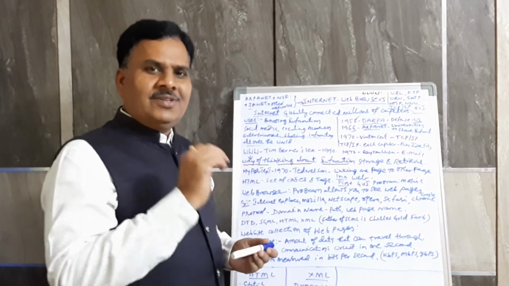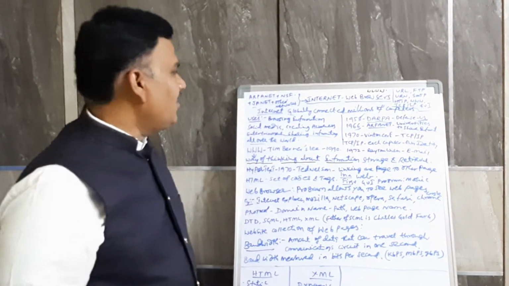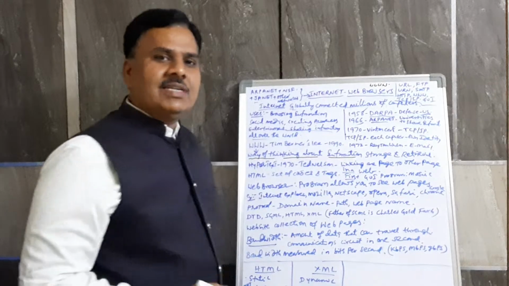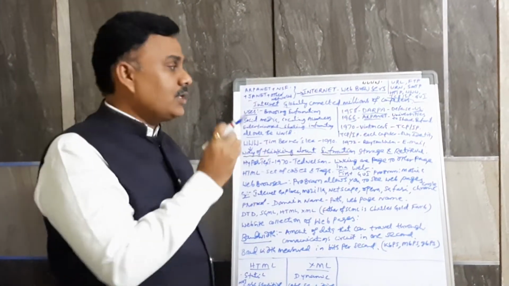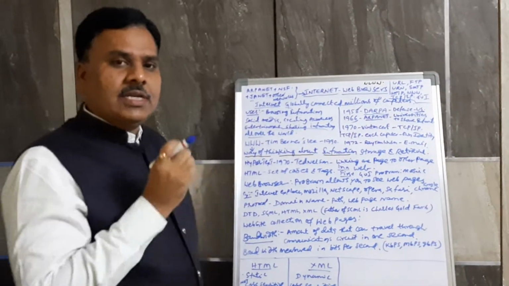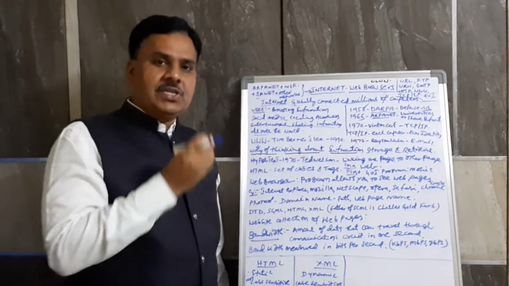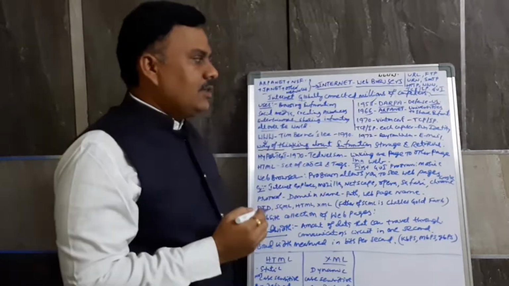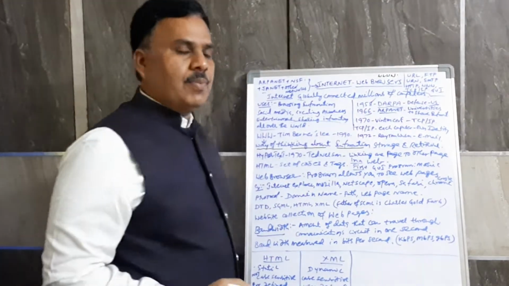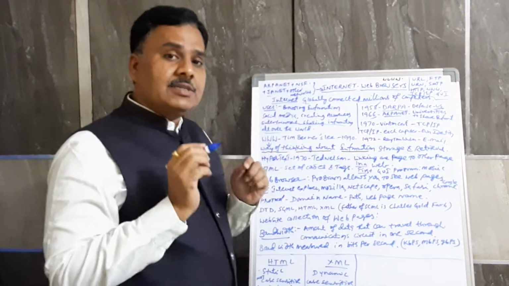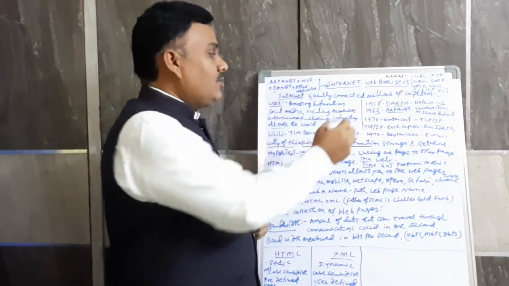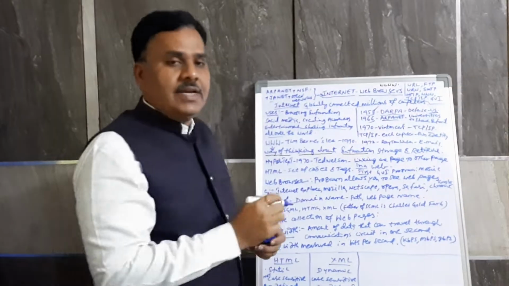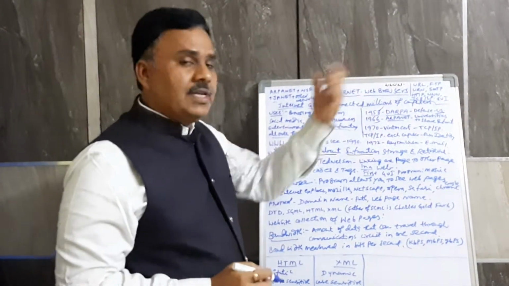Hi all. Today we will discuss in this video what is internet, what is the importance of the web browsers in internet, how this internet is started. If you see the historical development of the internet, in 1958 DARPA, Defense Advanced Research Project Agency is established in 1958. This is the foundation for the internet.